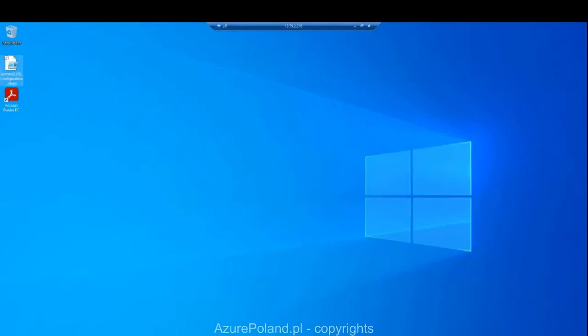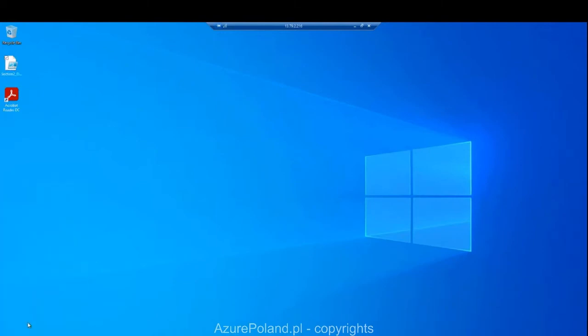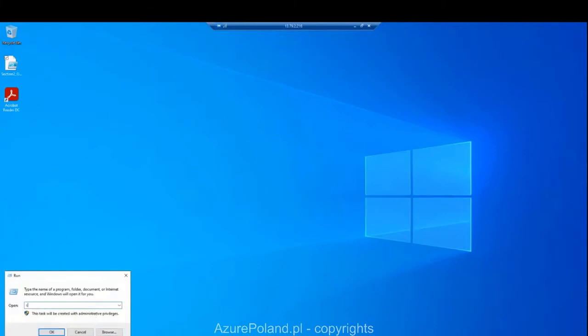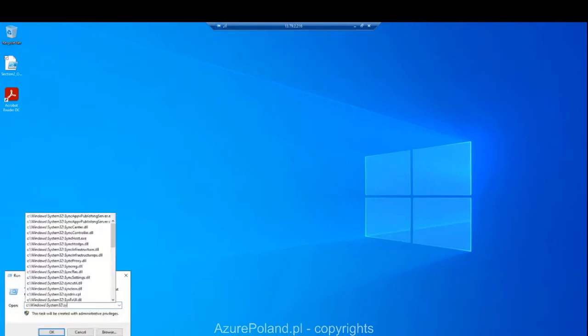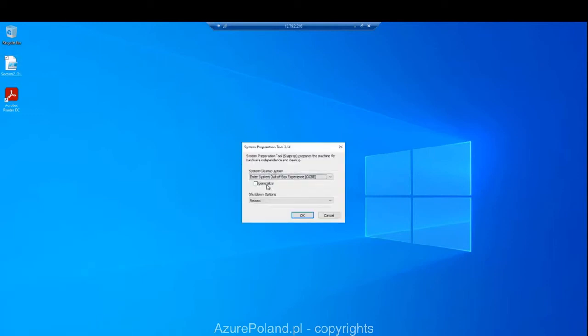Okay, so I will not open the script because I know the path is C, Windows, System32, sysprep, sysprep.exe, and then generalize, and then here, the most important thing, it should be shut down, because if you will